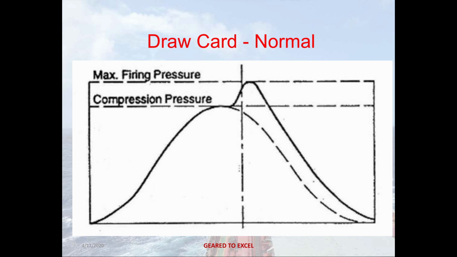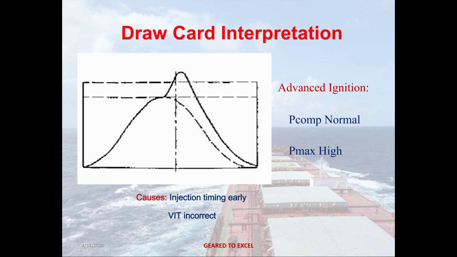So let's see the first card, draw card interpretation. Here it is advanced ignition. You can see here the PCOM is normal, but the Pmax is very high. It is going above the normal. You can see it here. So the causes of this type of indicator card can be early injection timing or incorrect VIT. Now the second card,